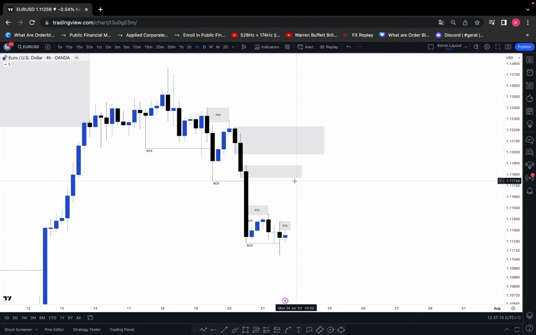We don't know if it's going to hold or not, and price may want to come all the way to the upside. But also there is a possibility that price may not pull back all the way up here and may just continue from these zones all the way to the downside. So if you drop down, for example, to M15